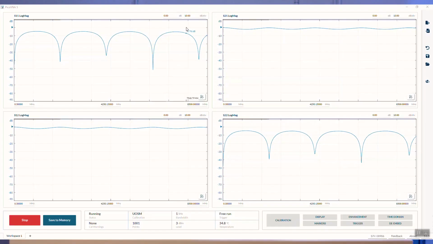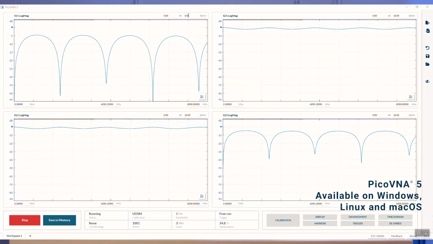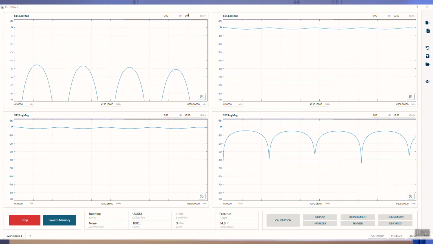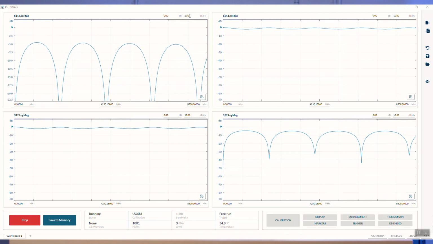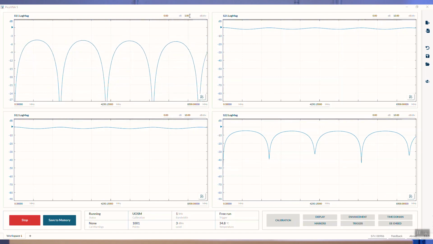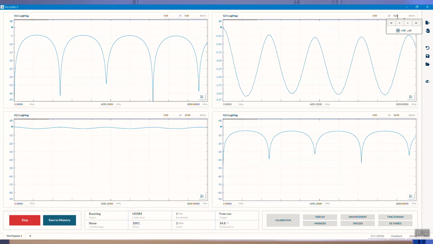Let's first of all get straight into the on-plot controls. If I want to change the sensitivity, I'm just going to place my mouse and scroll through or type in new sensitivities that I want to achieve. Let's leave that at 5. Likewise on S21, let's make that a bit more sensitive. You can see here I'm measuring one of our check standards. A check standard is a 25 ohm mismatch line. Gives a rather interesting display to look at here.